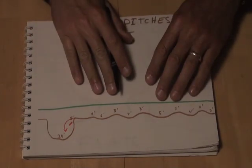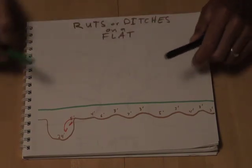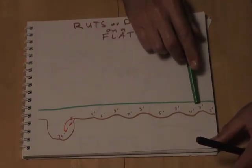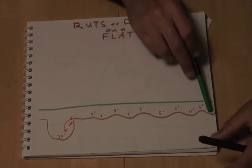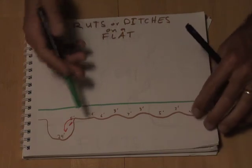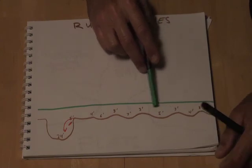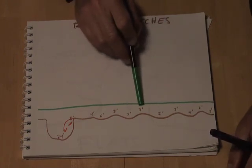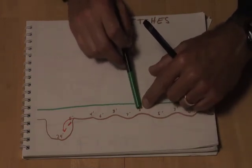The other thing is a very subtle sort of structure out there in the middle that you may or may not notice. I didn't really notice until I got the motor on the kayak scooting me across the flats at a pretty good rate. The bottom looked sort of like the wavy pattern of corrugated cardboard. Whereas if you're moving around slowly, you just notice it's all pretty much the same depth. But it does change some. It changes from 3 feet down into 7 feet and back up to 3 feet in the course of maybe 2